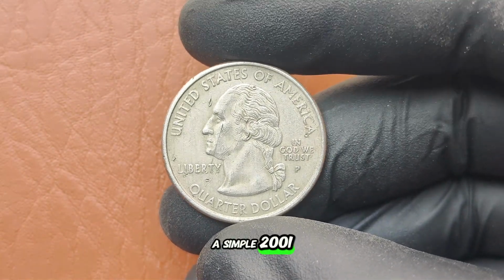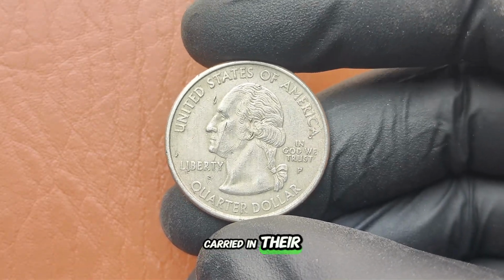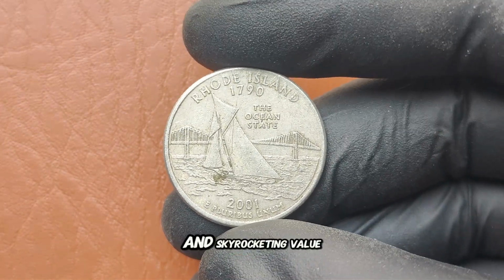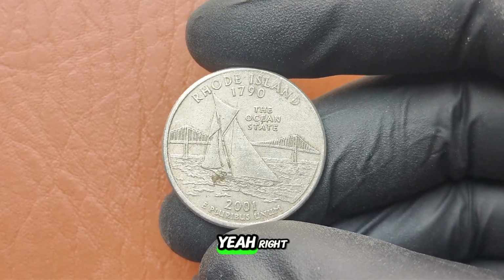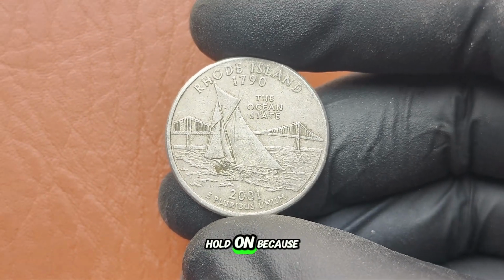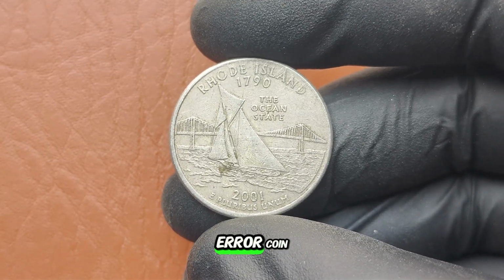A simple 2001 Rhode Island quarter dollar, a coin millions of people once carried in their pockets, has shocked collectors across America with its incredible error and skyrocketing value. Before you roll your eyes and think, yeah, right, a quarter worth more than a luxury car? Hold on, because by the end of this video, you'll understand exactly why this rare error coin has become one